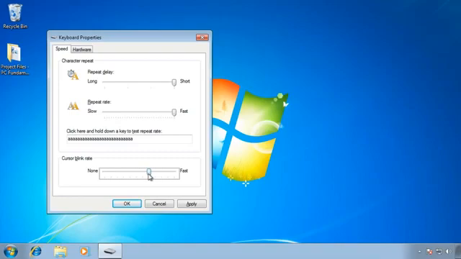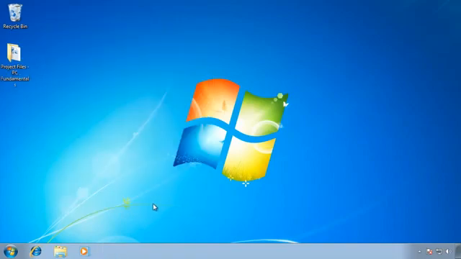That's all we wanted to look at. So I'm going to go ahead and click Cancel because I don't want to save any of these settings. And now I know how to set up my keyboard to behave just the way I want it to accommodate the type of typing style that I